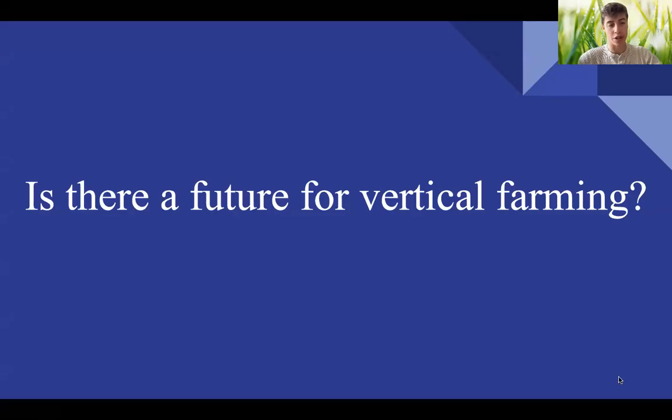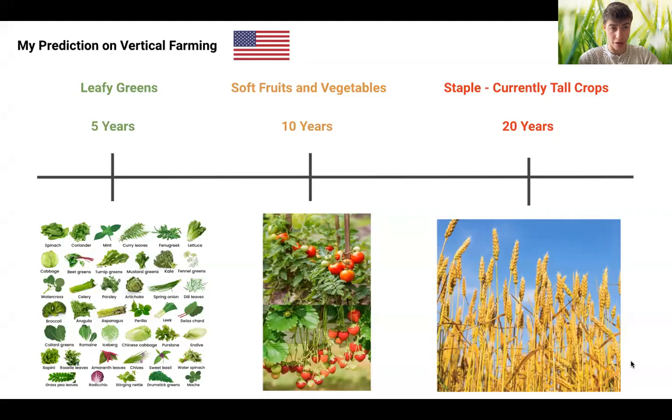So in this presentation, I want to answer the question, is there a future for vertical farming? Now, my prediction based on my research is that leafy greens in the next 5 years can definitely be economically grown in vertical farms, at least in America. And you can expect to see a lot of leafy greens which can be stacked to be indeed vertically farmed